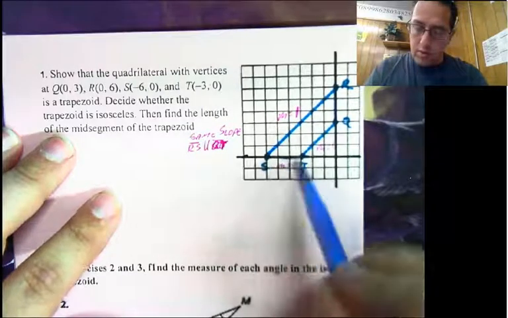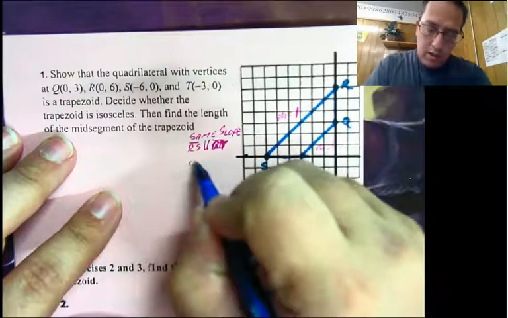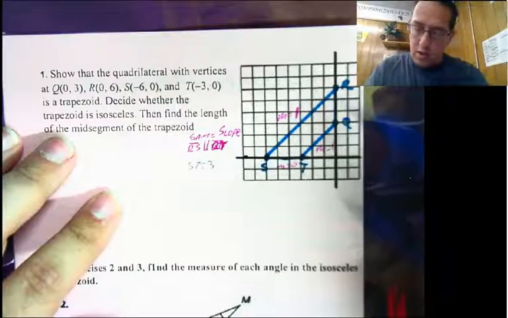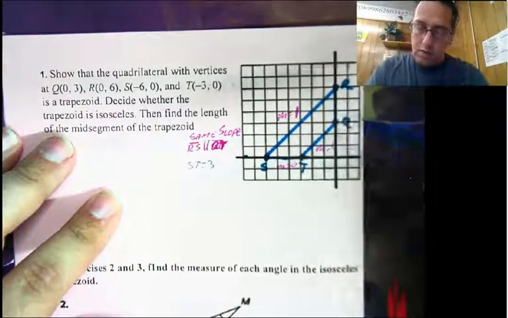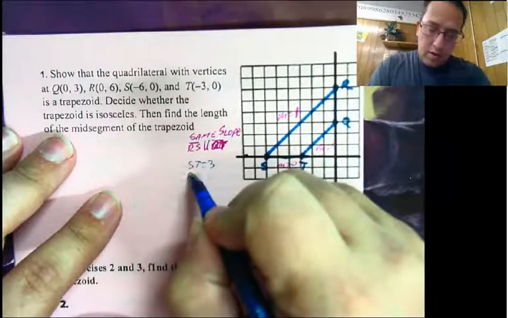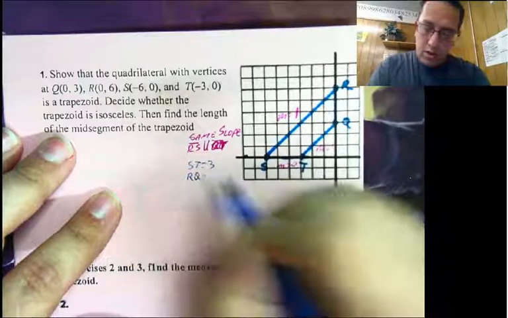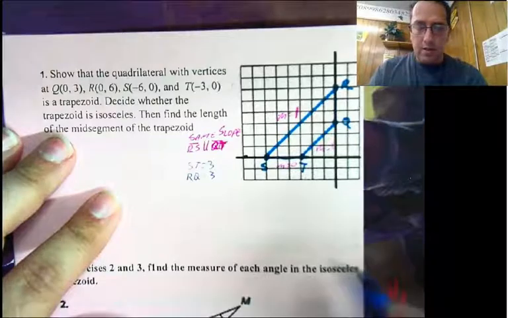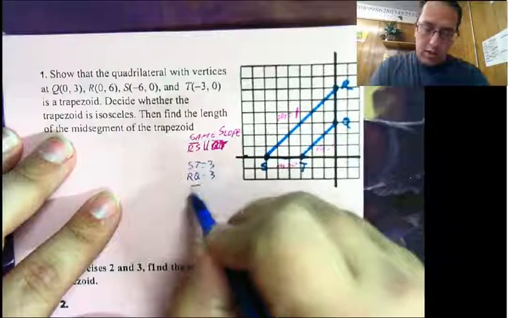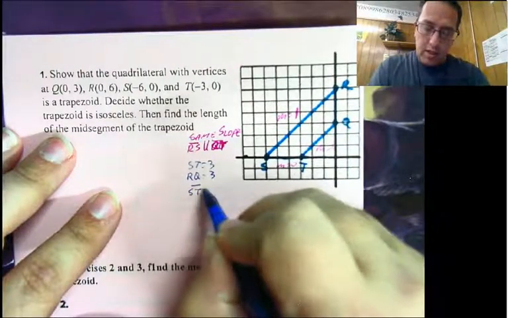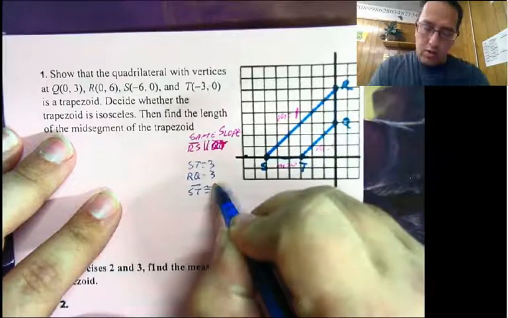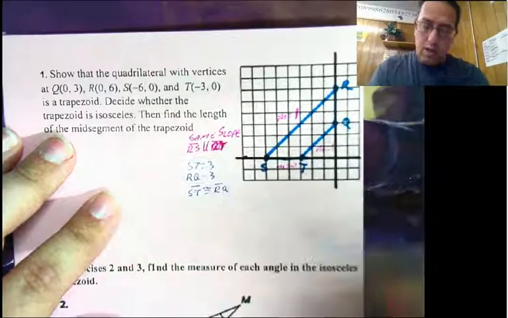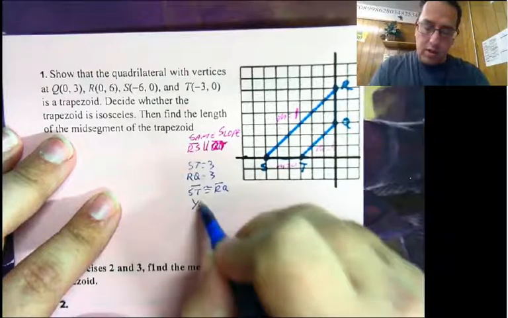So just 1, 2, 3. The length of ST equals 3, and 1, 2, 3, the length of RQ equals 3. Those are the same, and since ST is congruent to segment RQ, it is in fact isosceles. So yes,